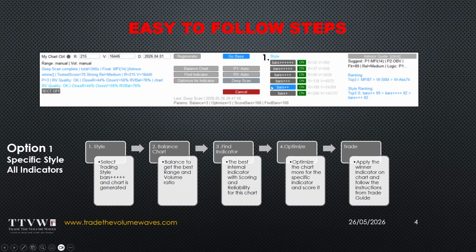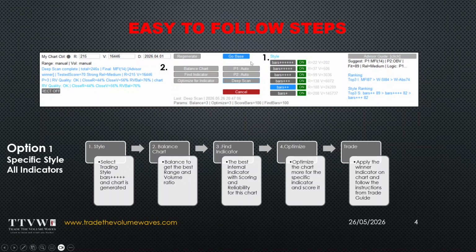You don't have to go through all this. Okay, let's say I'm a scalper, then we'll pick the first one and the second one, which is 2.2 and 3.7 pips. Okay, then I will click balance, to try to balance the chart. After balancing the chart, after 3 passes, or 5 passes, the more the better,